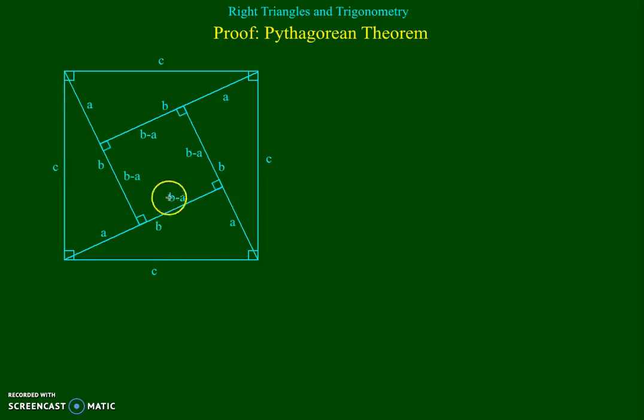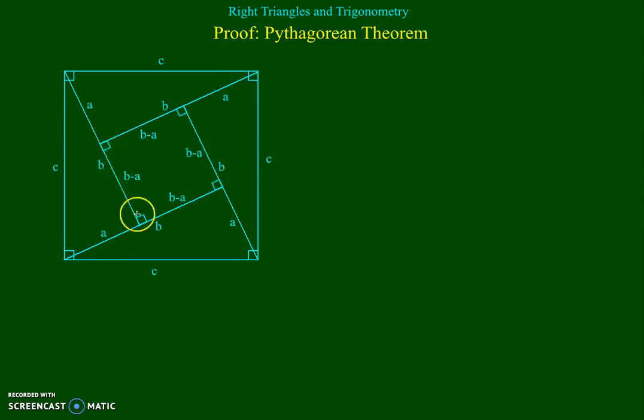I've gone ahead and added some labels in here, and we're labeling each one of the sides of this big square as C. And you'll notice that it's also the hypotenuse of these embedded triangles. So C is the hypotenuse of each one of these embedded triangles and the side length of this big square. The short leg of each one of these triangles is labeled A. The longer leg of each one of the triangles is labeled B,